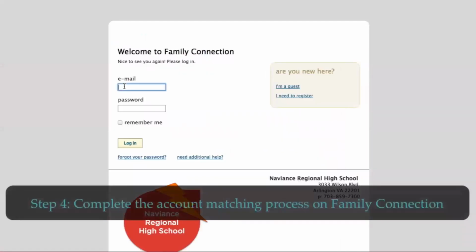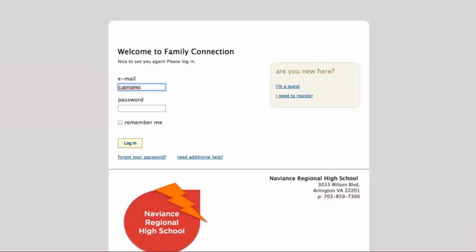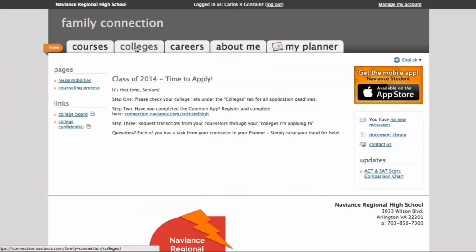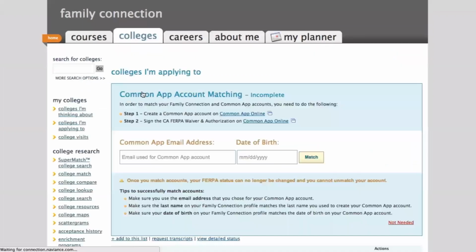Step 4. Now that you've completed the initial steps on commonapp.org, let's move over to Family Connection to match your Common App account and begin managing the colleges I'm applying to list. You can find the Common App account matching screen within the Colleges I'm applying to link under the Colleges tab